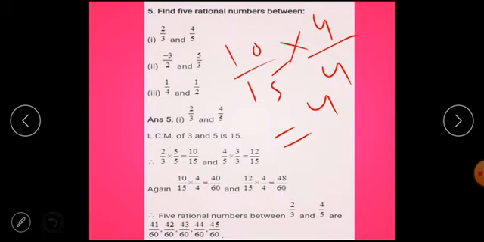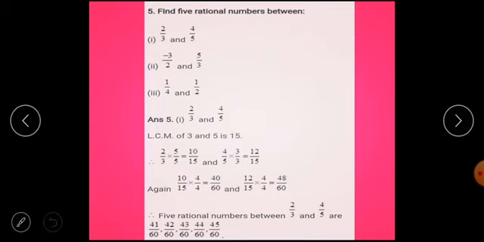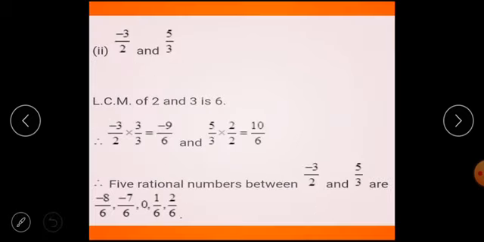First, when I multiplied and divided to make the denominator 15, it was a very small range and I could not write down 5 rational numbers between them. So again we do this step so that we can get a larger range and write down the 5 rational numbers between them. So students, I hope all points are clear on how we can find rational numbers between two rational numbers, whether the denominators are the same or different. You will do all these questions in your notebook.